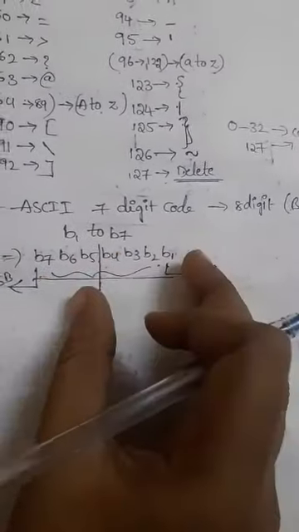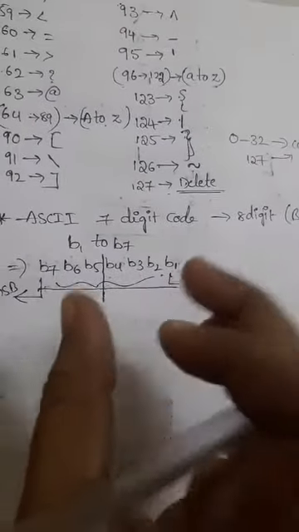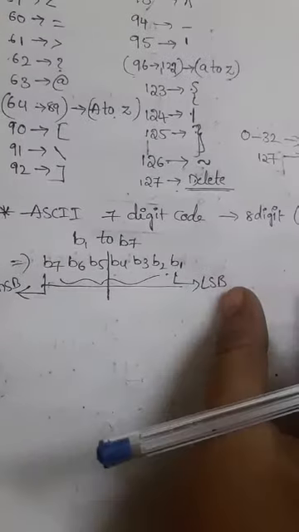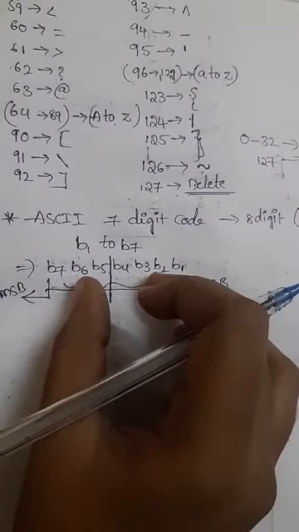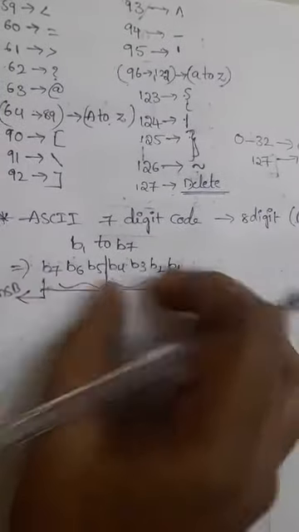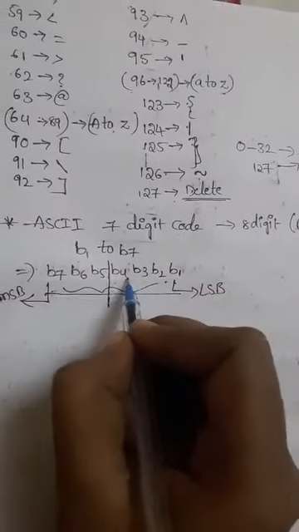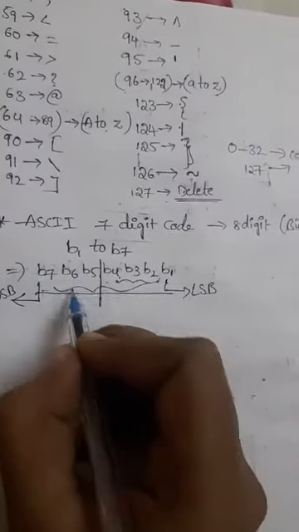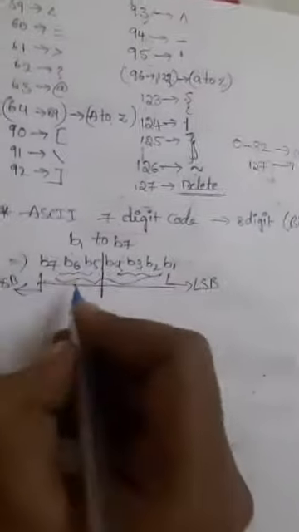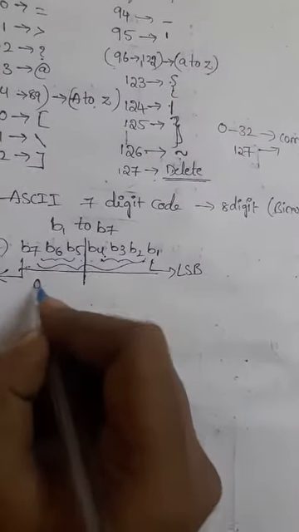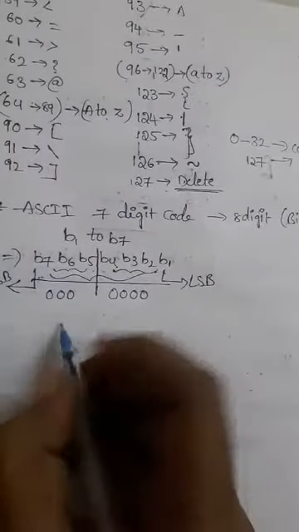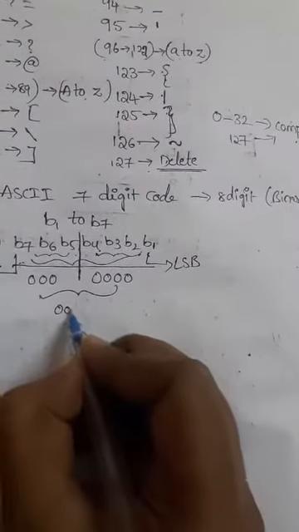Here, to represent this ASCII code in binary we can divide it into 2 parts. To take any letter or character into a binary number, first we have to divide it into 2 characters. The first character belongs to the 4-digit code, and the second character is included with the 3-digit code. So the 3-digit code we can represent as 000, and the 4-digit code as 4 zeros. That is the complete ASCII code we can represent like this.